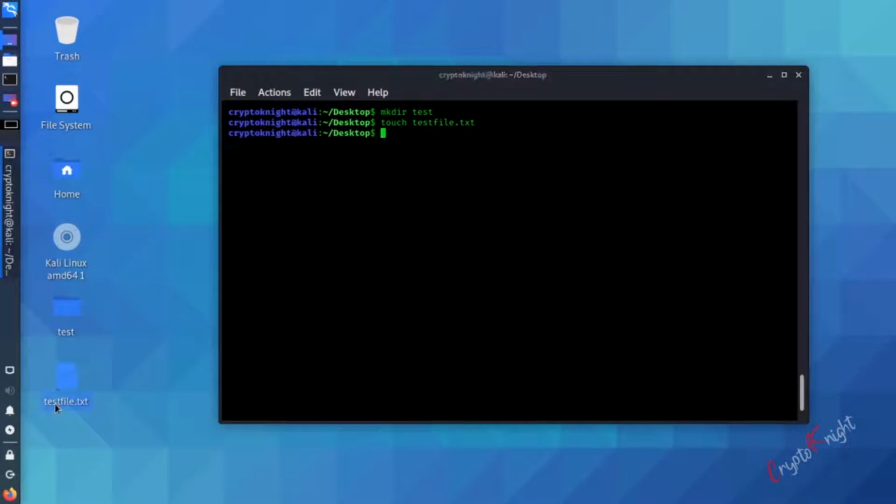So as you can see, a test file has been created here in the desktop, right? Cool. So moving further, what if we want to create a file within the test directory and will not change the directory? We will directly create it inside test. See how I do. So what is the command for creating a file? We write touch space. So now for creating a file inside test, what we'll do is we'll write touch followed